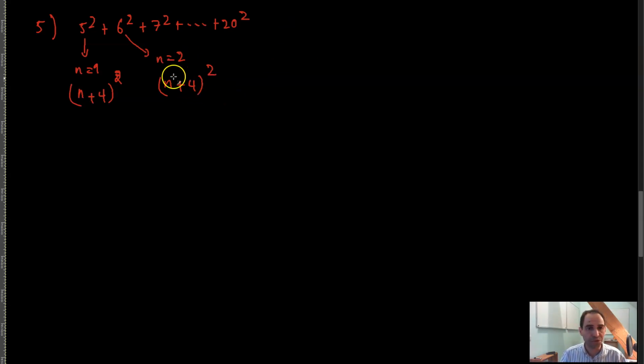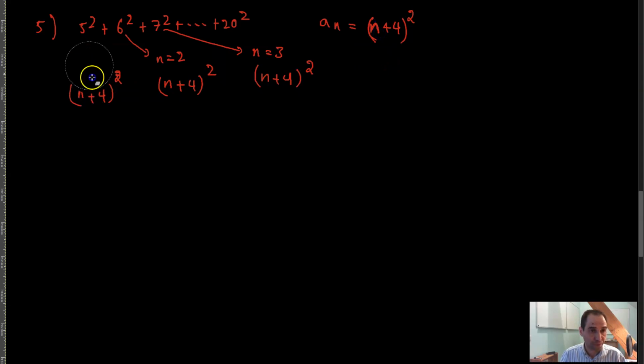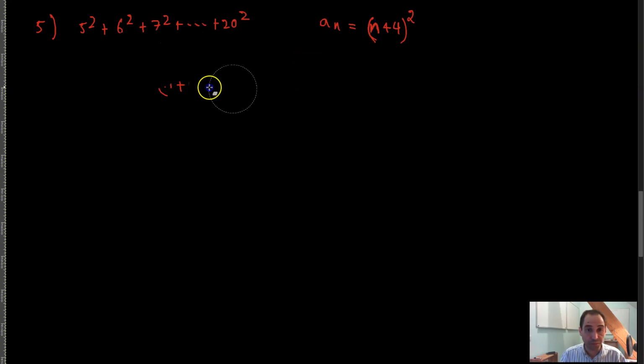is equal to n plus 4. So if n is equal to 2, 2 plus 4 is equal to 6 squared. If here n is equal to 3, then you have n plus 4, which is equal to 7 raised to the second power, and so on and so forth. Which means that here a of n is equal to n plus 4 raised to the second power. And so what that means is that a of n is equal to n plus 4 whole squared, which is the same thing as n squared plus 8n plus 16. A of n is equal to this, and therefore